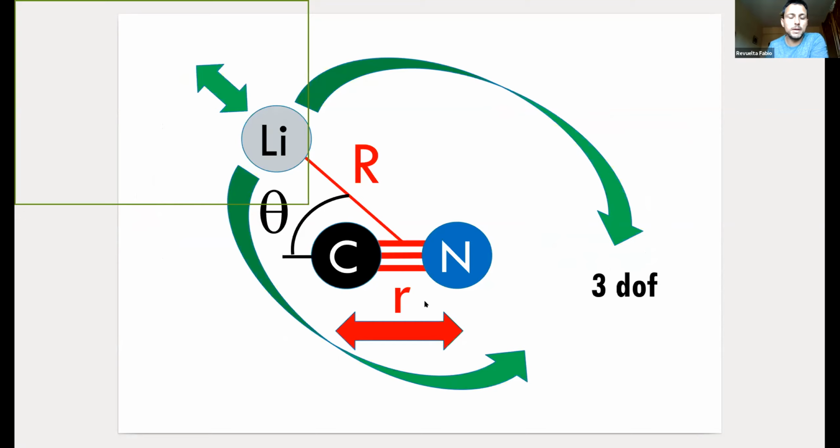Well, I will just show you what happens when we have 3 degrees of freedom. In that case, what we do is just assume that this distance between carbon and nitrogen is not constant, but they can move. The thing is that, as I said at the beginning, this bond is triple. So the motion is completely different from the one that we can see here. I mean, the vibrations take place at much larger frequencies.